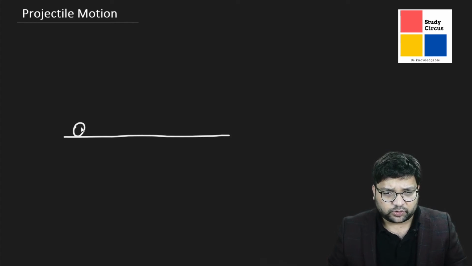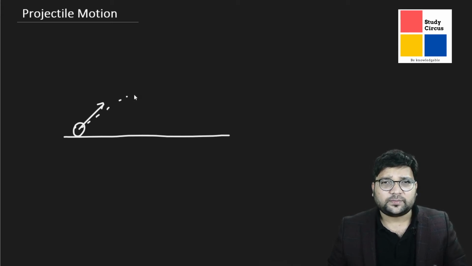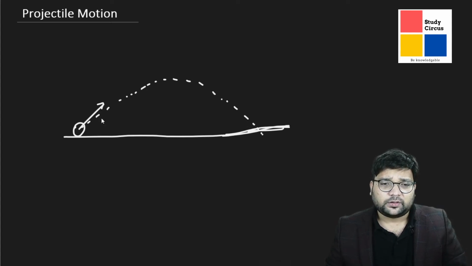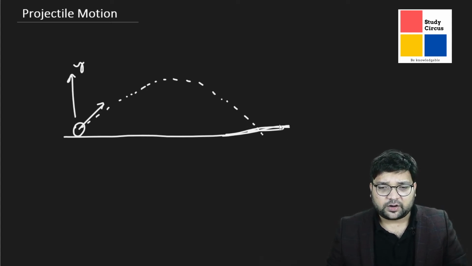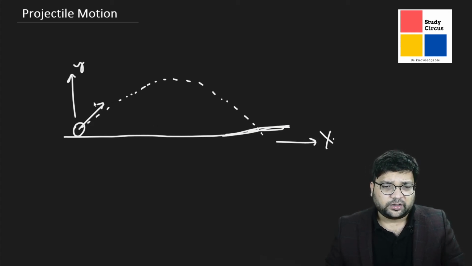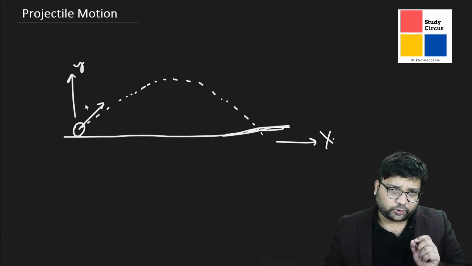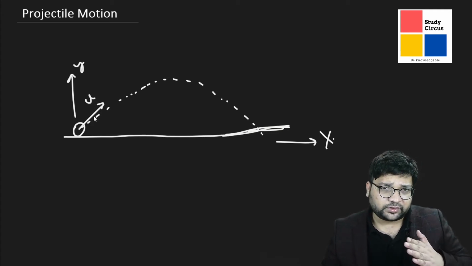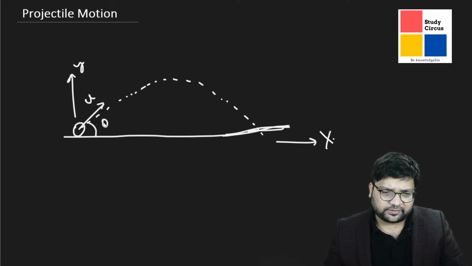Let's say there is a stone, you throw it at some angle. We are going to learn about two-dimensional motion, the two-dimensional projectile. The motion of this projectile is along the y direction and along the x direction at the same time. This is a two-dimensional projectile thrown with some initial speed, let's say denoted by u. So this projectile has been thrown with some initial speed at some angle from the horizontal.